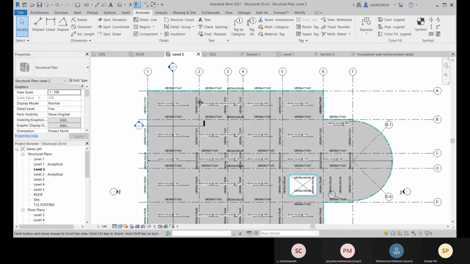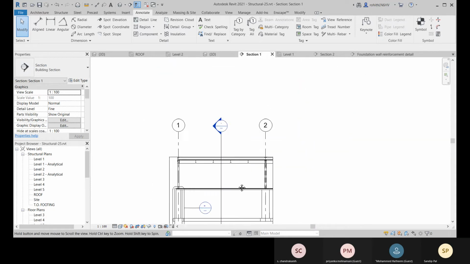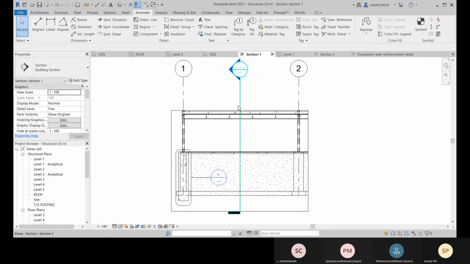Now let's come to level 2, and here you come to section 1, and so this is the section between these two grids. So you can name this section 1 as well.